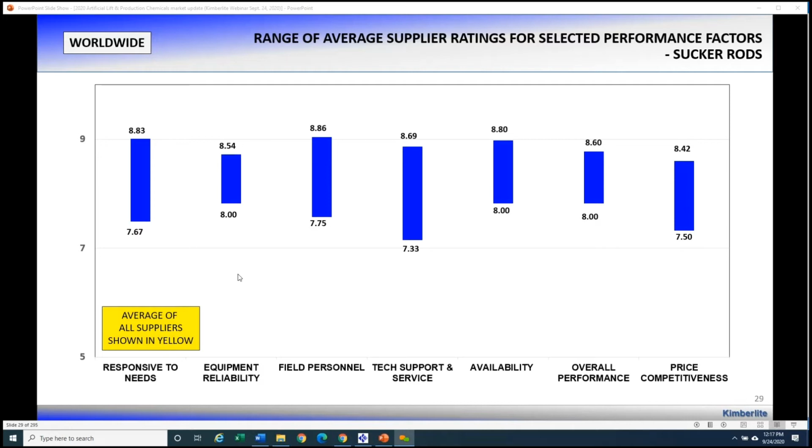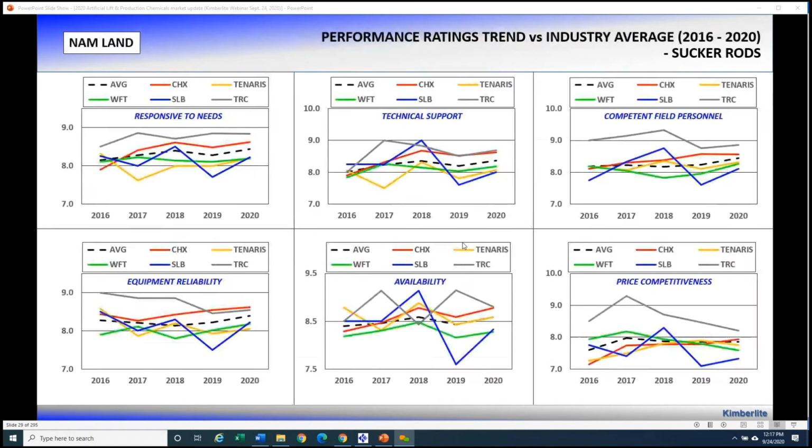And so while we get these comparative performance ratings across these 7 performance measures, responsiveness to needs, equipment quality, reliability, competency of field service personnel, technical support, availability, overall performance, and pricing competitiveness, one of the first things that you notice as an operator is there's a wide variance in performance between the very best performing suppliers and the very worst performing suppliers. And so when we translate this into the trend map from each year that we study, 16, 17, 18, 19, and 20, it looks like a lot of spaghetti just hit the wall